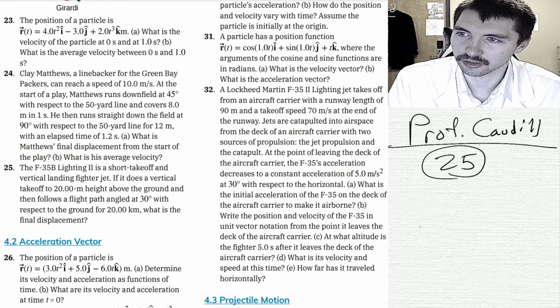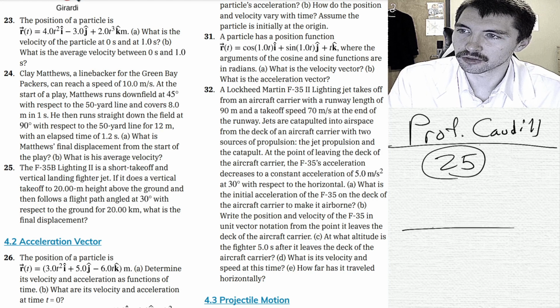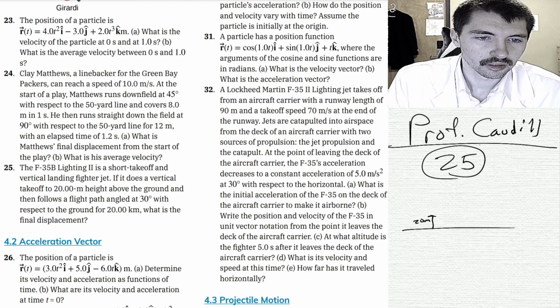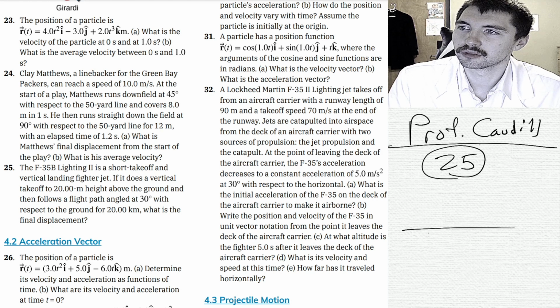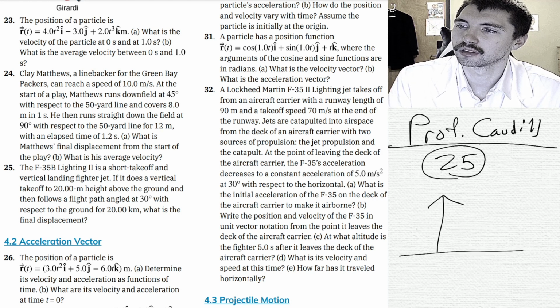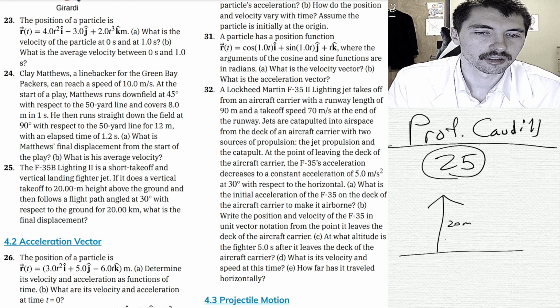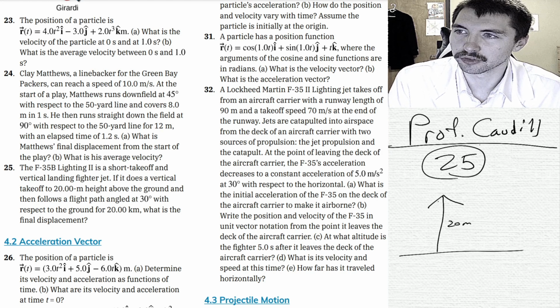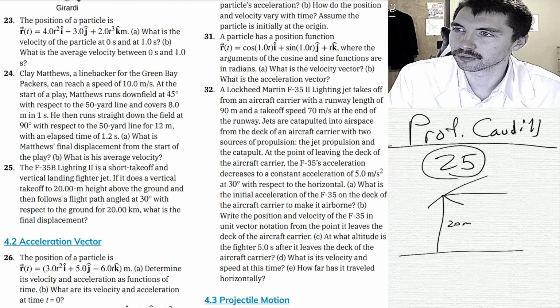Okay, so this is the ground. It's going 20 meters. Let me make a little bigger picture. It's going 20 meters, and then it follows a flight angle of 30 degrees. So from here, we're going 30 degrees